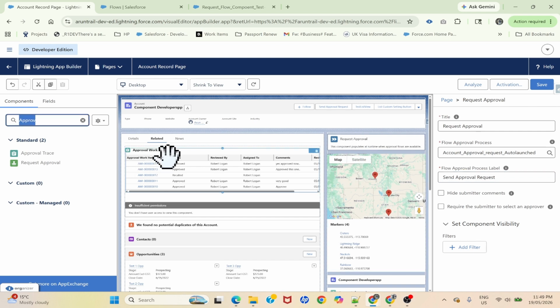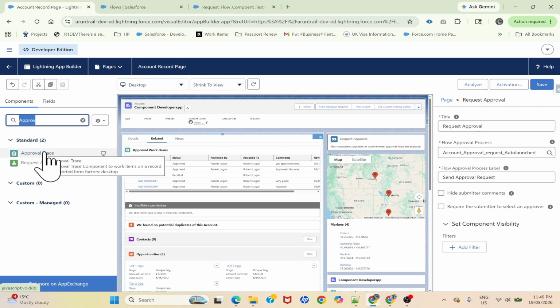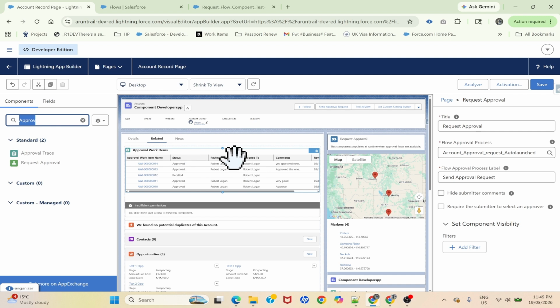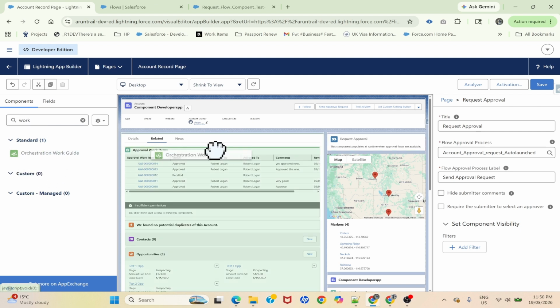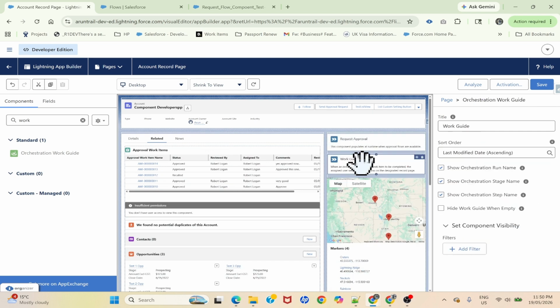Okay, and this is the approval trace, and this will show you the history. I send the request, to whom it was sent, like this. You can see now, assigned to this user. It will track your history. And there is another component which is work orchestration work guide. Add this component here as well. So this is like a work guide. So when you send the request for the approval, and if the approver opens this record, he can see the action to approve and reject. Okay, so let's save this,